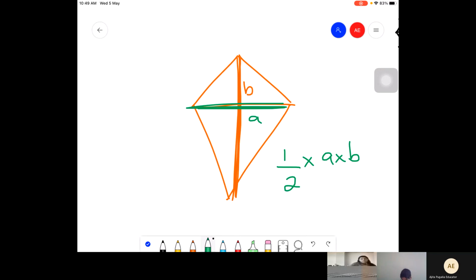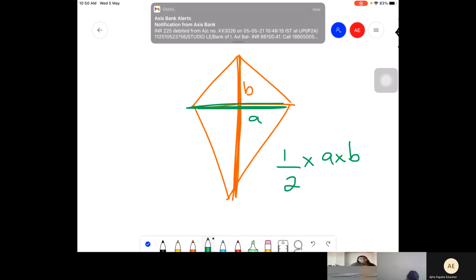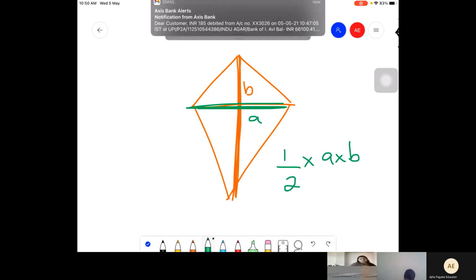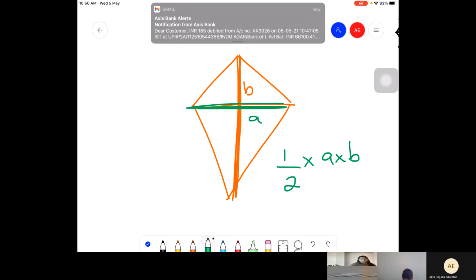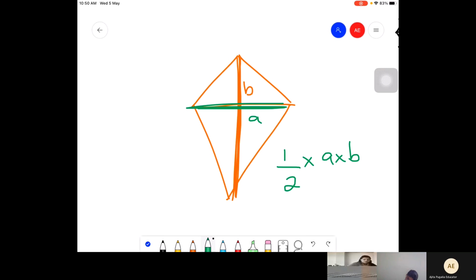Now, there is one more formula which uses sine for the area of a triangle. That we will do after you are done with a few questions of mensuration first. I'm confident about the basic questions you're doing, and then I'll take up those questions. I'm just writing down the formulas. A, B, C.